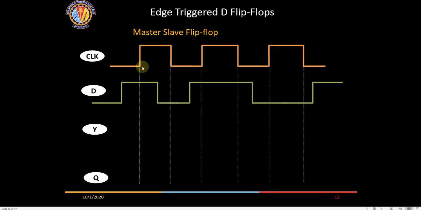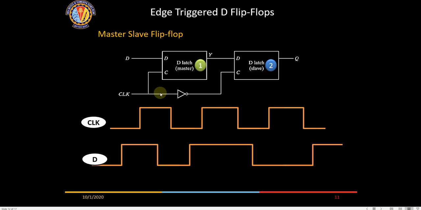Okay, let me go back to the circuit first. This is D, this is clock, this is a latch. In a latch we are giving the clock to the enable pin. Whenever the enable is high, whatever is D gets reflected in Y, and whenever the enable is 0, it will retain the last state. Is that much clear? Yes, sir. Okay, the clock we are giving to the enable pin, so whenever it is high, whatever is available in D will get passed to Y, and whenever enable is 0, it will continue to hold the previous state.